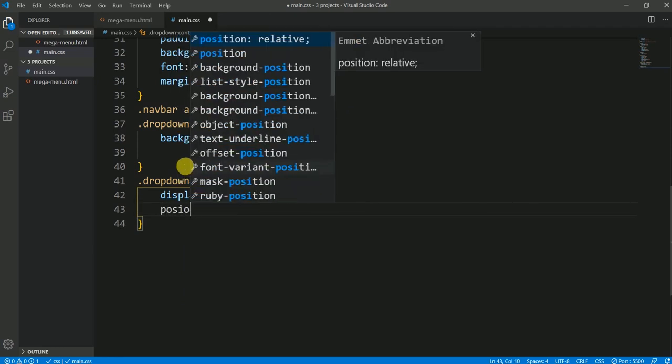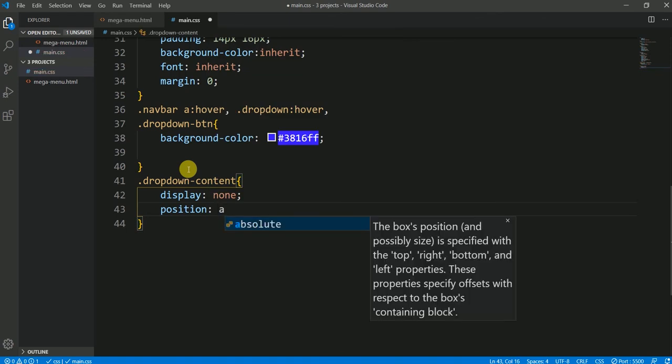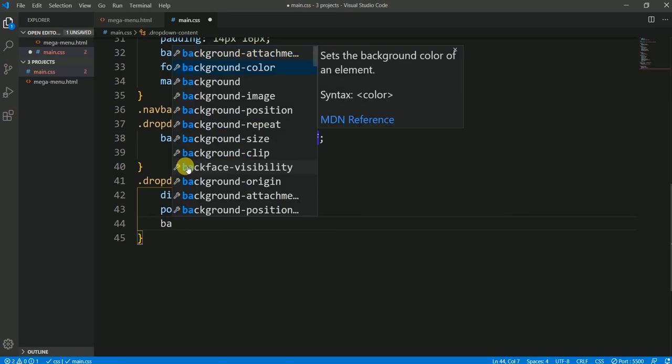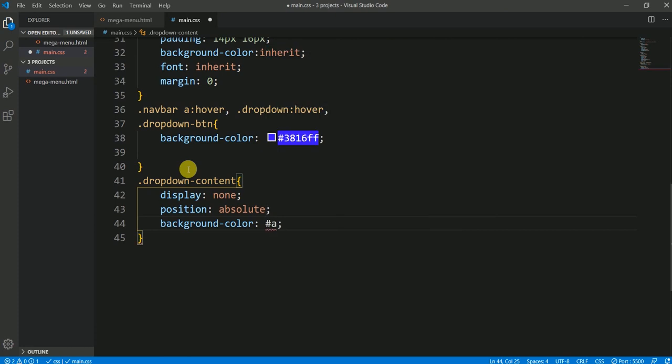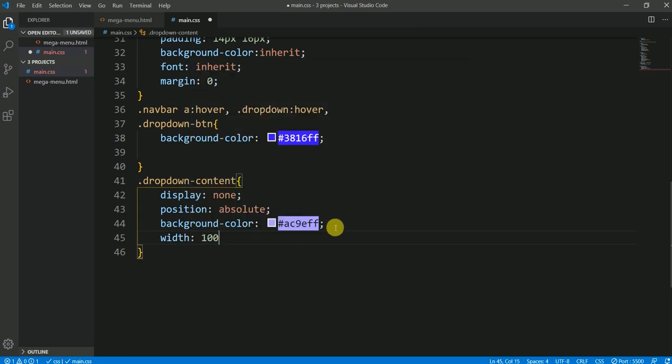And the position for this would be absolute, and the background, here I don't want to inherit anything, I just have another background, AC9EFF, AC9EFF. Okay, and I would like to go with the width, it would be 100%,